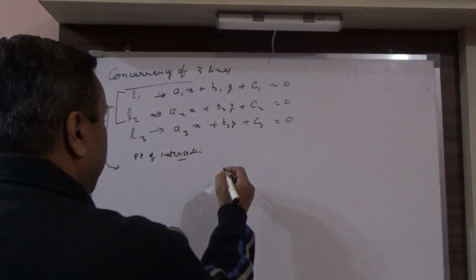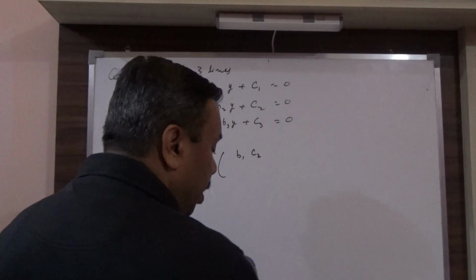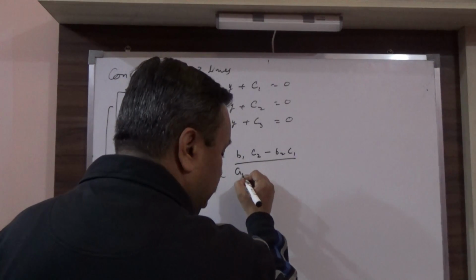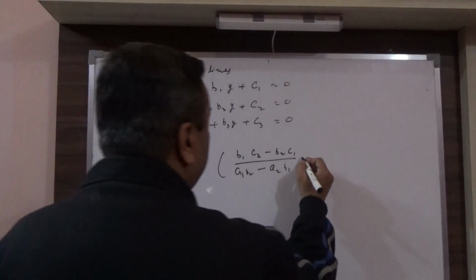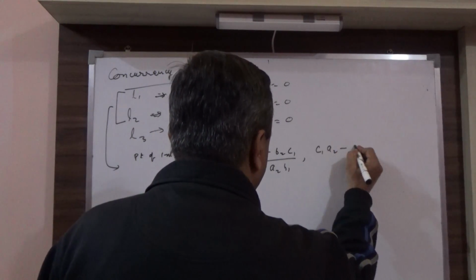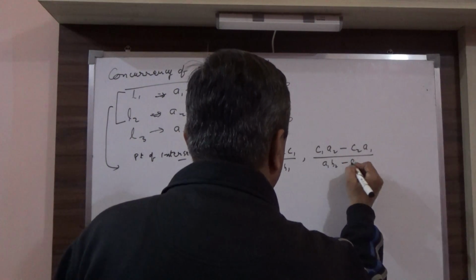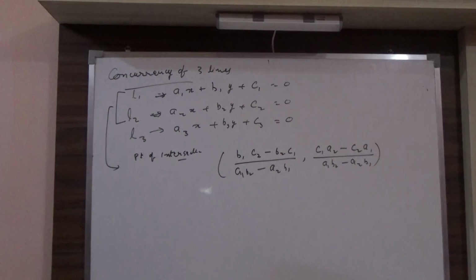The point of intersection will be: x coordinate is B1C2 minus B2C1 divided by A1B2 minus A2B1, and the y coordinate will be C1A2 minus C2A1 divided by A1B2 minus A2B1. Okay. Now, as I said,